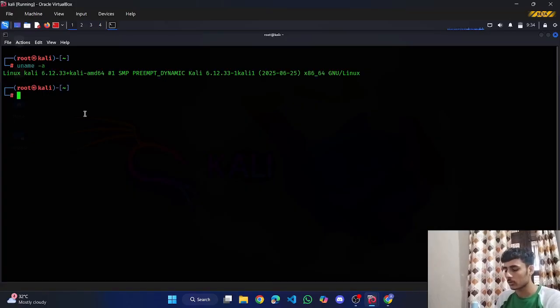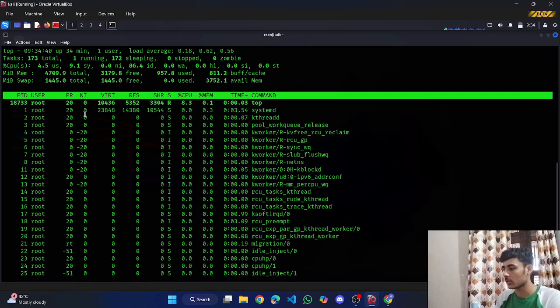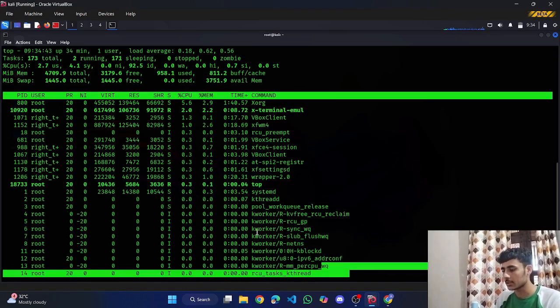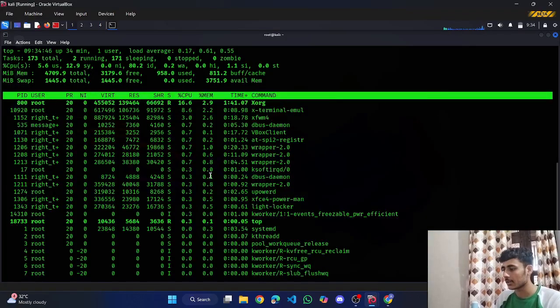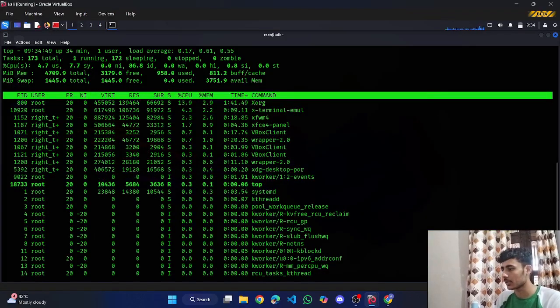Okay, so now moving on to our next command, that is top, and it gives us information about some of the running processes that are mostly heavy, or you can say that are prioritized. So if I run the top command, then it is showing me some of the processes that are currently running, and let me show you an example of how it can help us